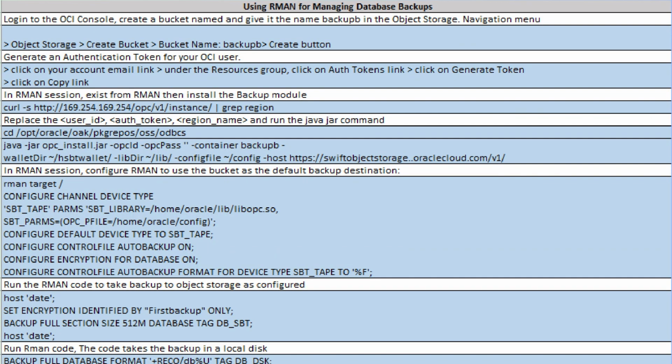Use RMAN for taking database backups. To make RMAN seamlessly connect to the object storage, the backup module needs to be installed. The installation procedure is easy. We would need the opc_installer.jar file to be downloaded and then cd to a directory to install the module at, /opt/oracle/oak/repos/oss/odg. Then run the Java jar file by passing the required details like OCI's username, auth_token, bucket_name and object storage